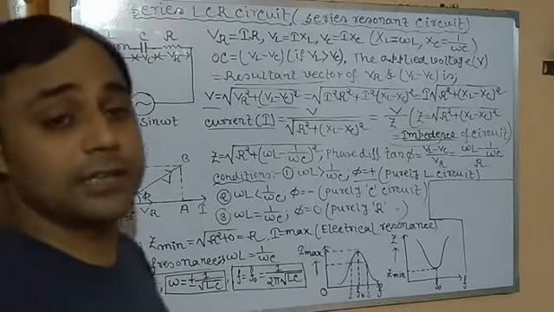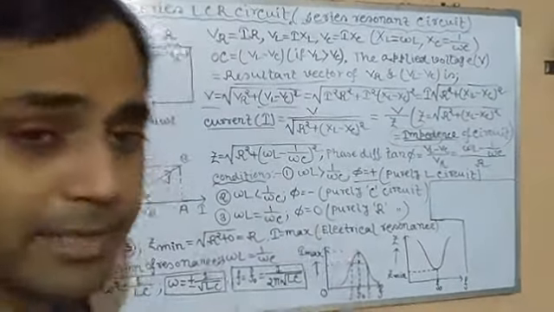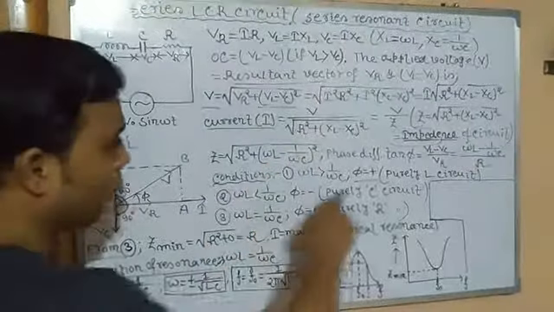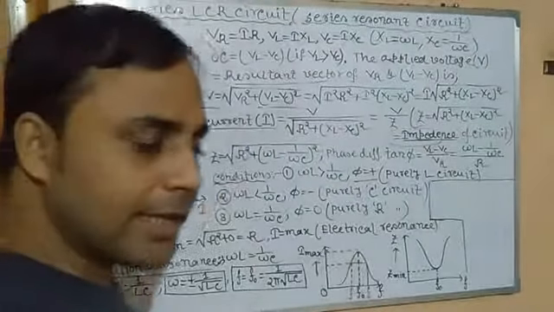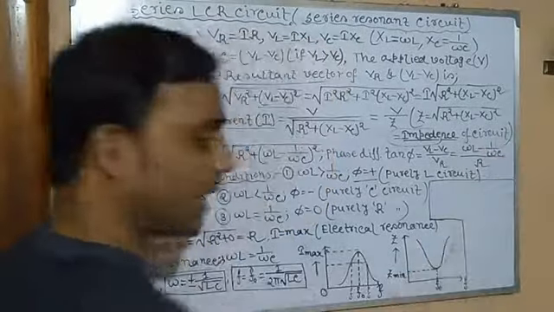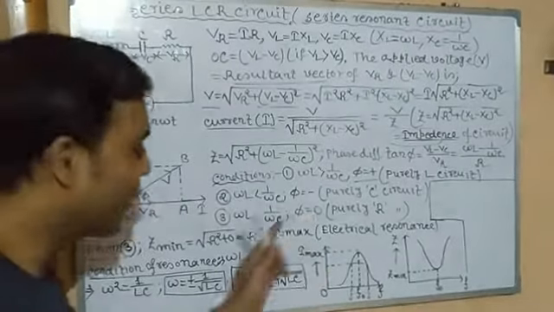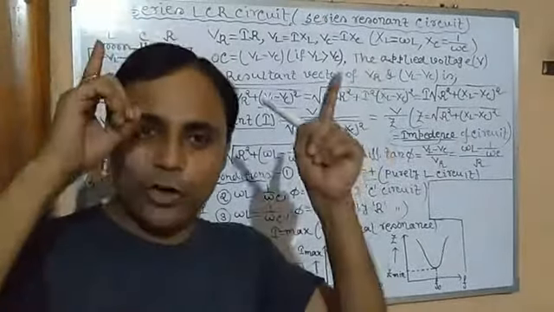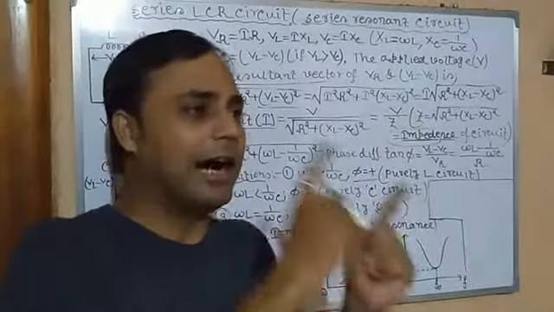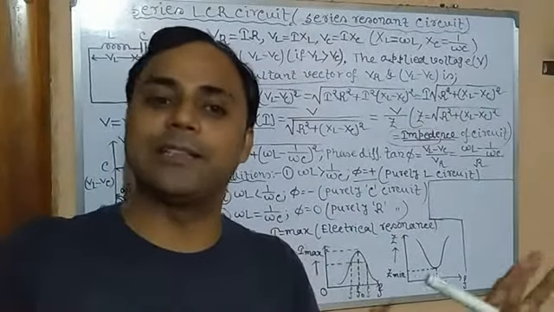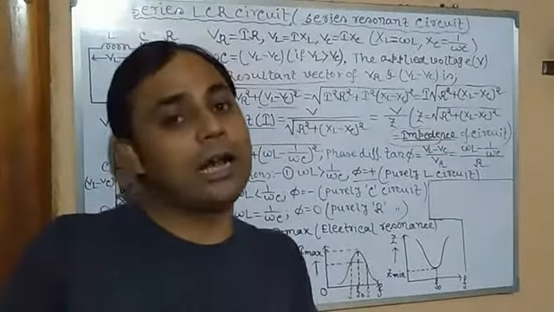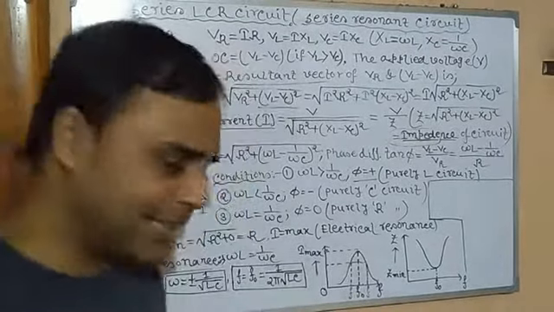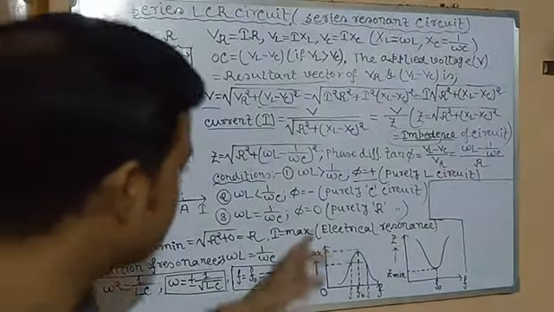Now the third condition, very important, extremely essential as compared to the other two. If omega L equals 1 by omega C, means XL equals XC, inductive reactance equals capacitive reactance, this term will be 0 by R, which is 0. Tan phi is 0, so phi is equal to 0. Now there is no phase difference, just like a purely resistive circuit: V equals V0 sin omega t, I equals I0 sin omega t. No plus phi, minus phi, nothing. Both are in the same phase, equally happy, equally unhappy, both either smiling or crying. So this is a purely resistive circuit.